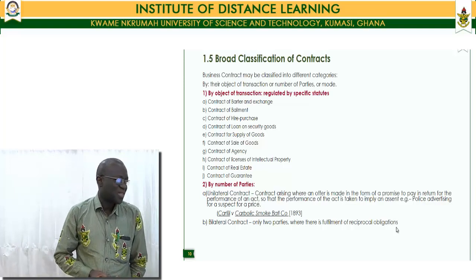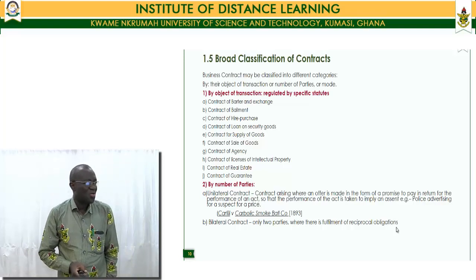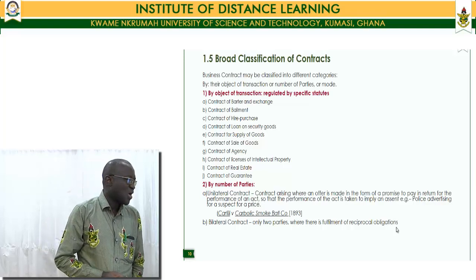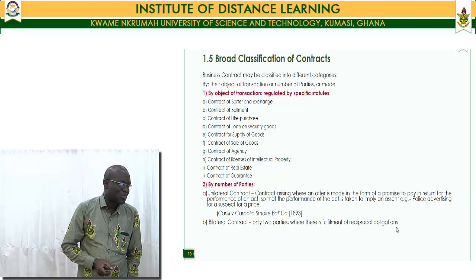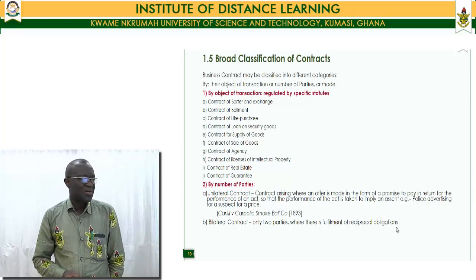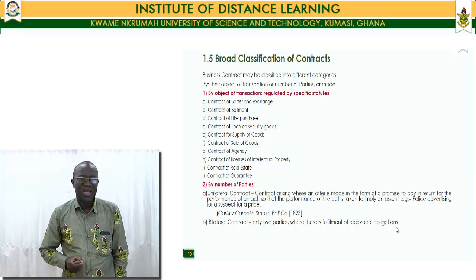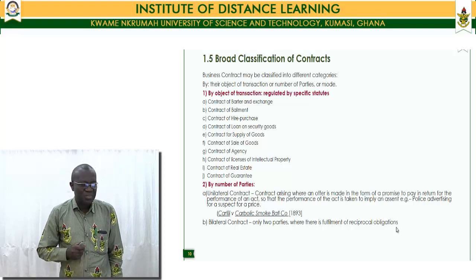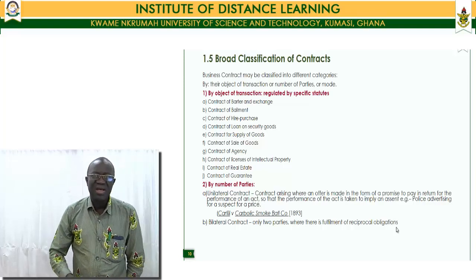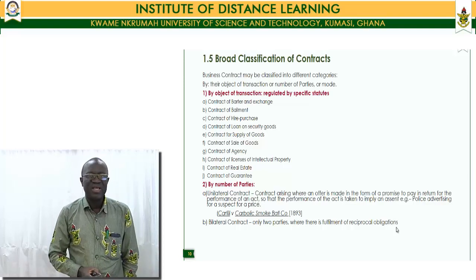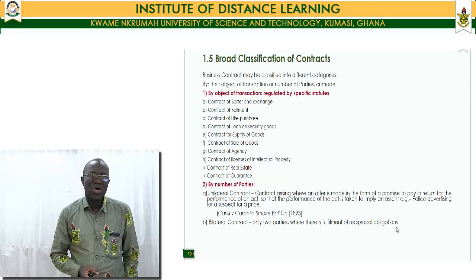We can also classify them under the number of parties involved, but actually in contract law, we have the main one as the bilateral contract. Bilateral contract, which is two parties where there is fulfillment of reciprocal obligation. When you enter into a contract, there is a reciprocal obligation that I'll supply goods, and the other side has an obligation to pay for the goods. So it's reciprocal. So you have rights